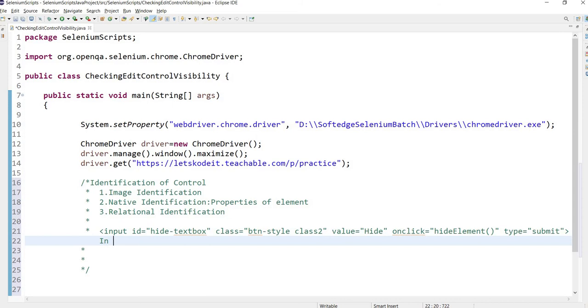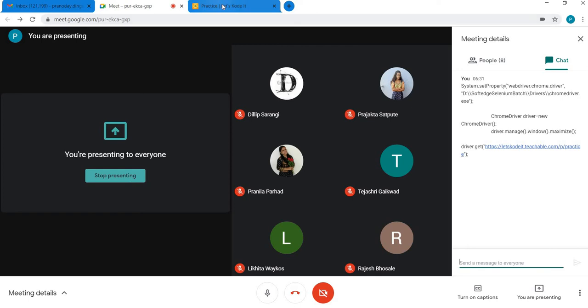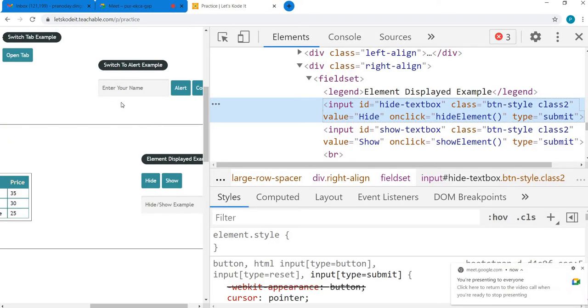In client-side validations, when my developer wants to validate the data entered in the elements, the developer writes the code for that purpose. That code they write in JavaScript as a part of the web page itself.